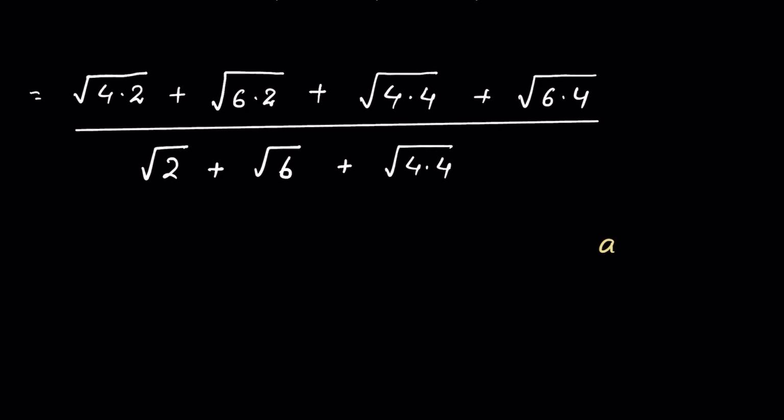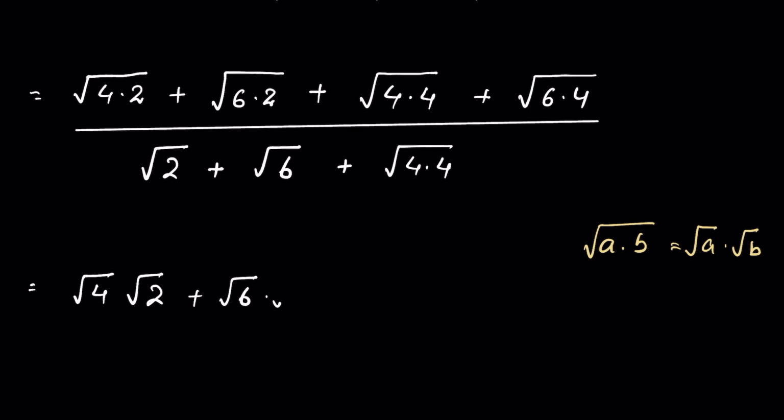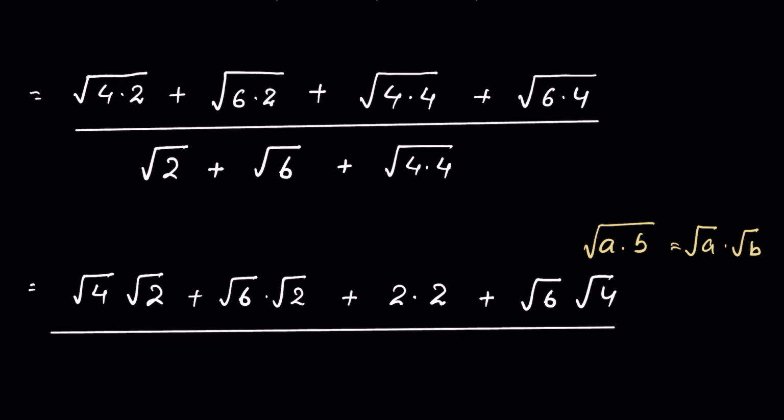Now when a times b is under square root, we can write it as square root of a times square root of b. So here we can write square root of 4 times square root of 2 plus square root of 6 times square root of 2 plus square root of 4 times square root of 4, or we can write it as 2 times 2 plus square root of 6 times square root of 4 upon